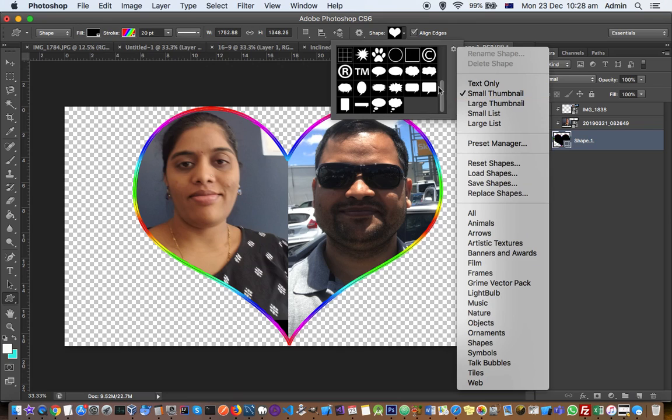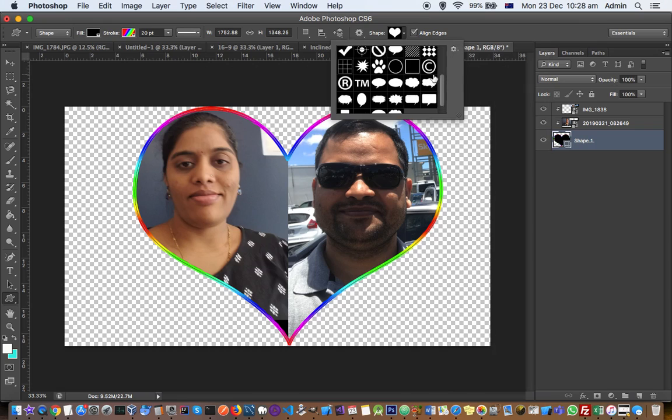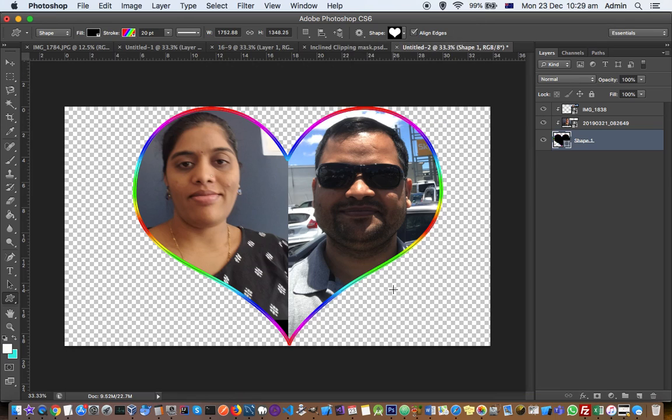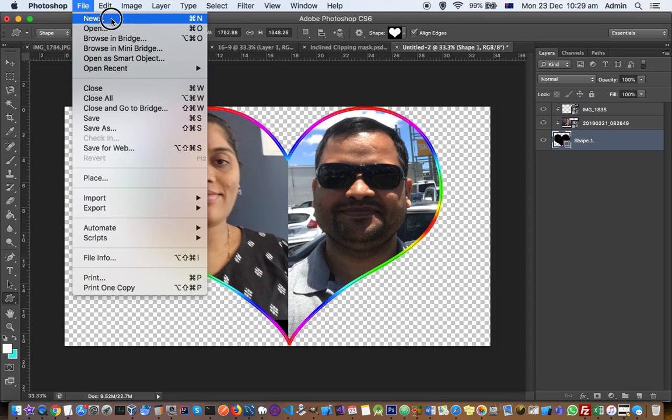Once the shape is available here, you can just create that shape. Just select and then drag it. For example, if I want to create heart shape, just select that one and then like that you can create the shape. So basically the thing is how you want to put the photographs in that shape, that I'm gonna tell you. So let us create new file for that,